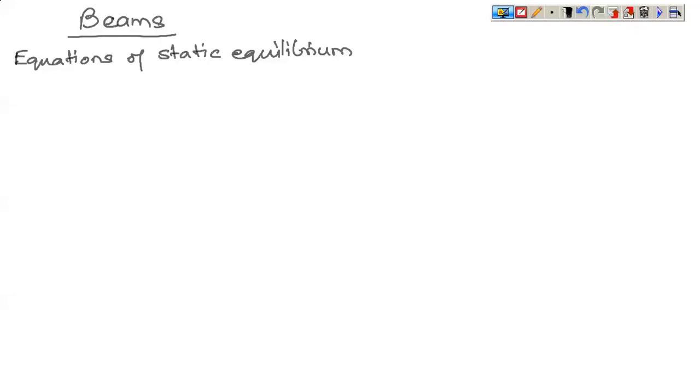So now let us see what is equilibrium. What do you mean by static equilibrium, and what are the three governing equations based upon which you actually specify that these are the three conditions for which you will be solving a problem. So let me take you back to class 11, 12th. You must have gone through parallelogram law of forces.